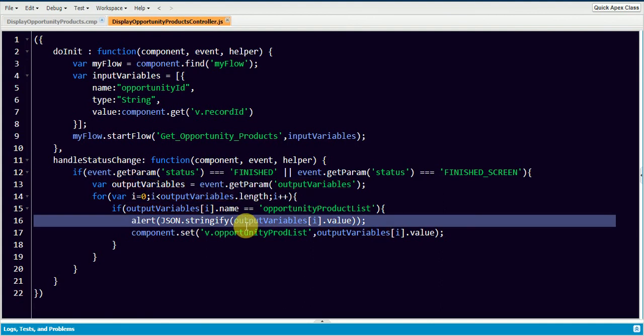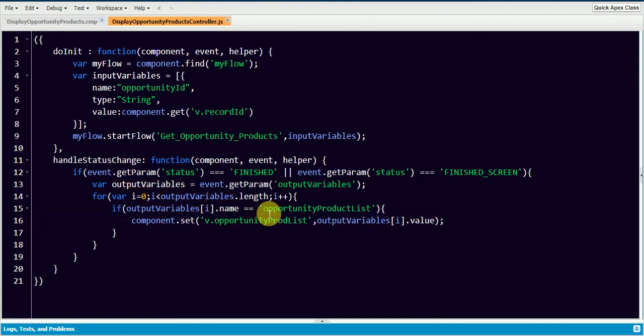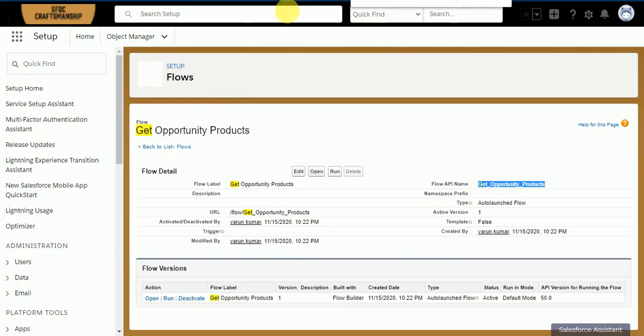So now we are passing an input to my flow and getting an output. We are just passing the opportunity ID and getting all the opportunity product list under that opportunity using a flow.